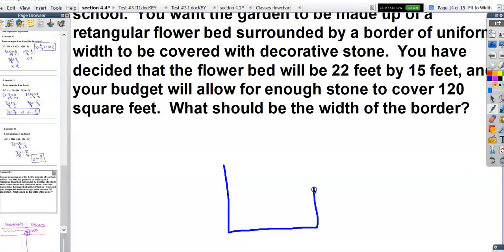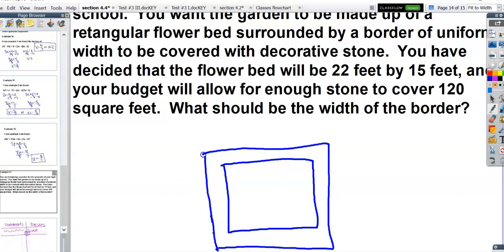We have our garden. We have the decorative stone all the way around the outside. We know the garden will be 22 by 15 feet. And however wide this stone border is, we'll just call it W. So if I were to slide that segment up that I just drew and push it all the way to the end, it would go right here, which is W. And I could do the same on the other side,